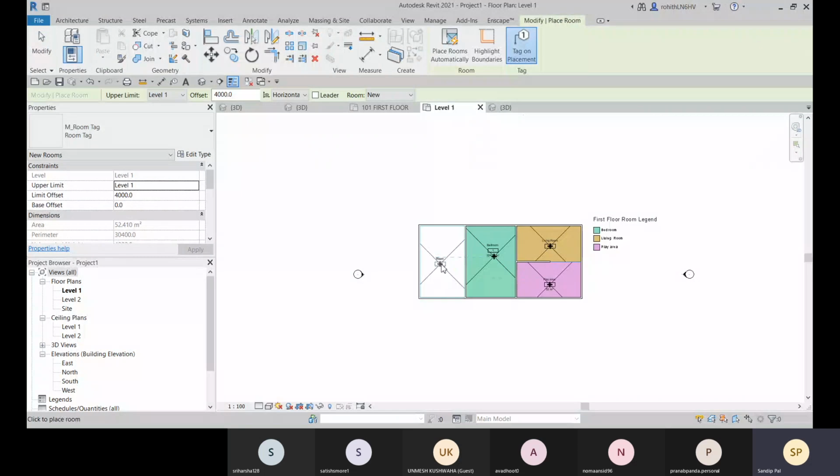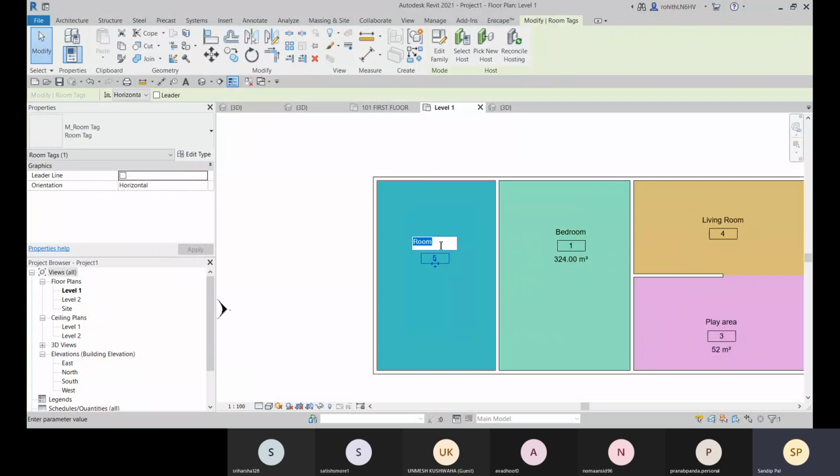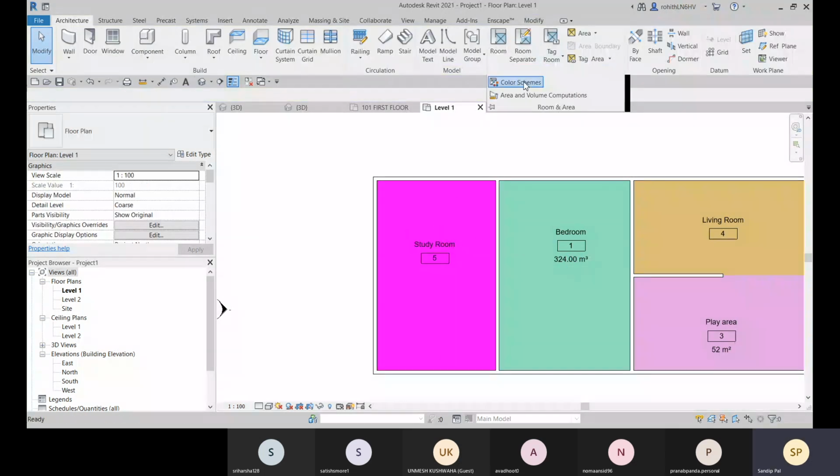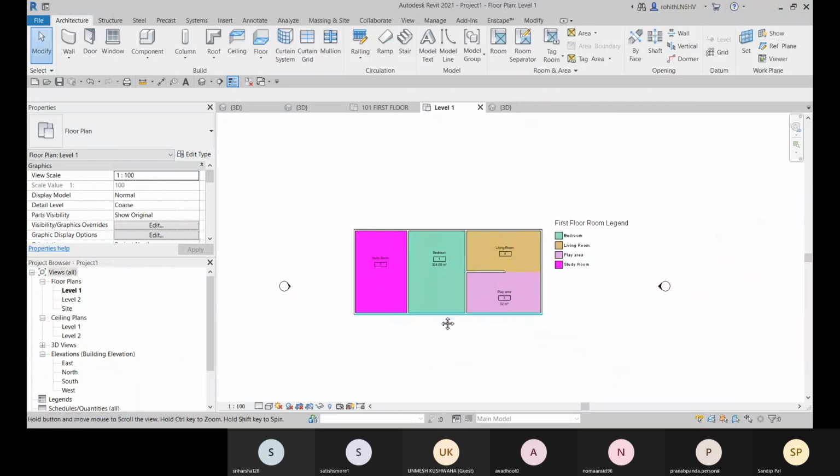And if you create that room tag, go to the room tag on placement here. What is the name? Study room, right? Go for study room, enter, and now you can see as per the study room, it is colored. Again, you go to color scheme and there you can see that is in use right now. All right. So this way we will apply the color scheme. Fine. Okay, I hope you understand. Right. So till now, any doubt, guys?